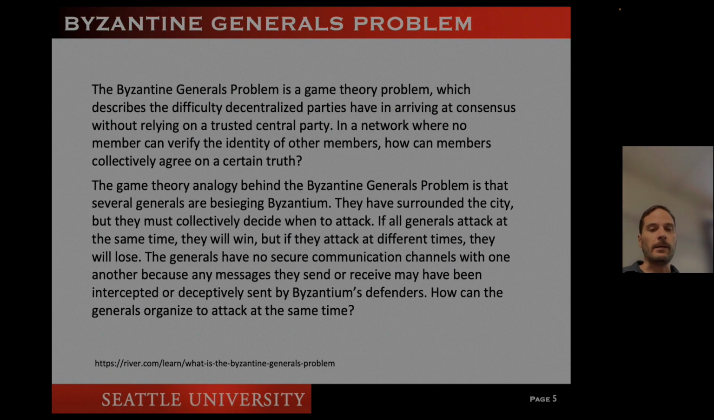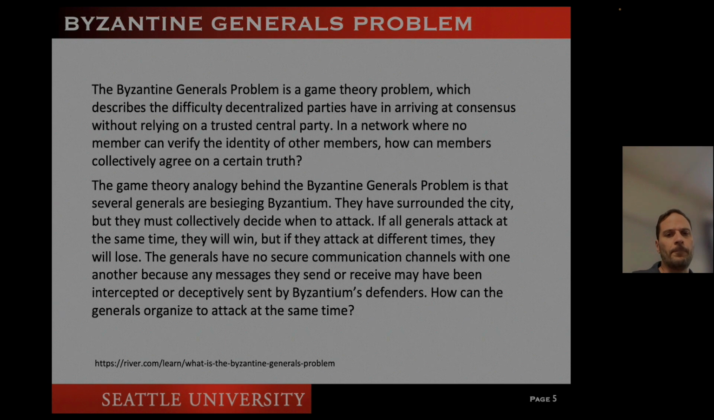So one thing that Bitcoin is trying to solve is the Byzantine Generals Problem. This is a game theoretic problem, which describes the difficulty decentralized parties have in arriving at consensus without relying on a trusted central party. In a network where no members can verify the identity of other members, how can members collectively agree on a certain truth? The example here is there's a bunch of generals that besiege